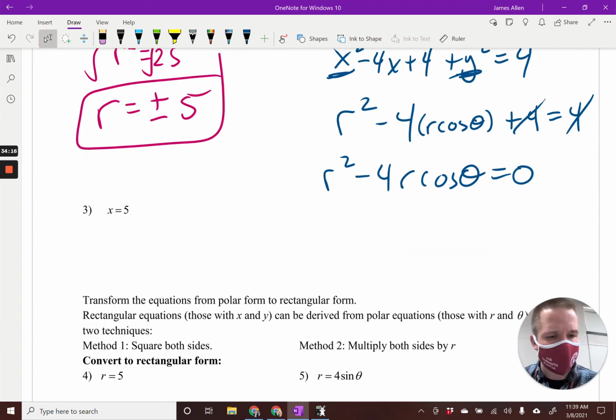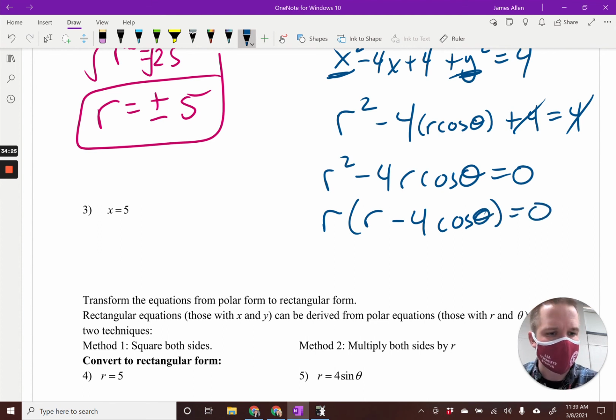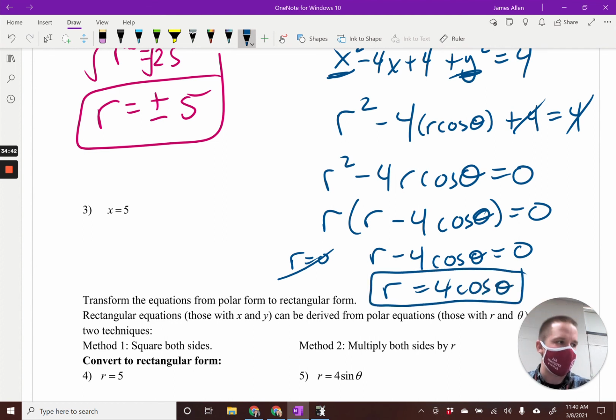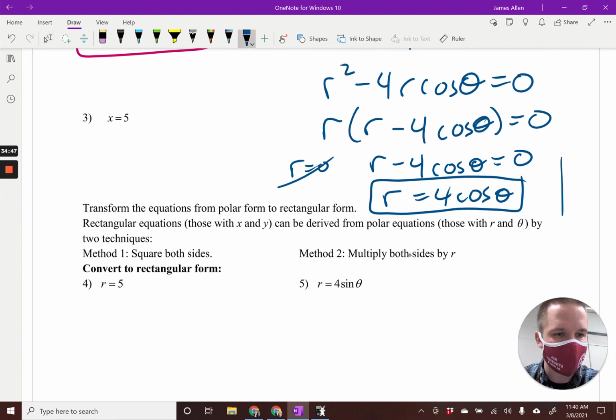All right, and now at this point here, we see that we have an r in common. So we have r times r minus 4 cosine theta equals 0. Well, r equaling 0, that would be a circle with a radius of 0, which isn't a thing, right? So what we are left with is r minus 4 cosine theta equals 0, so we'll have r equals 4 cosine theta. That will be our final wonderful, beautiful equation on a graph that would actually look like a